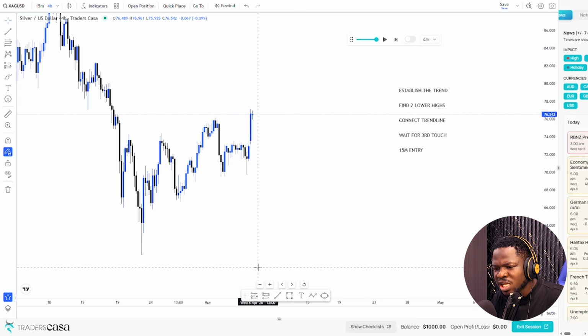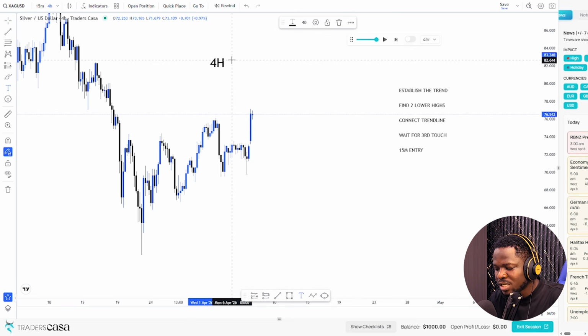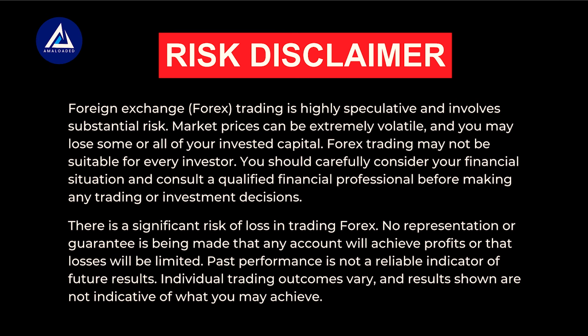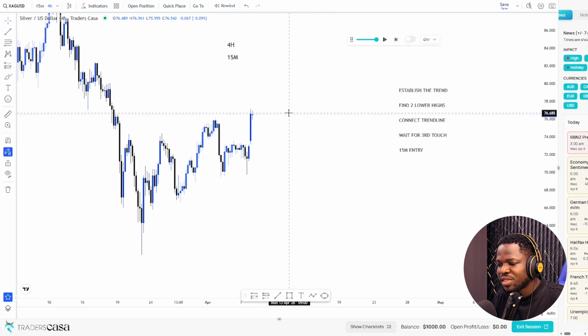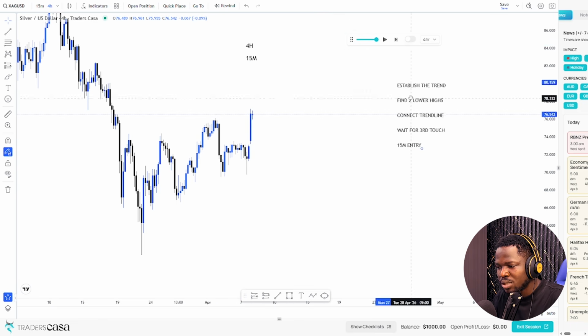If you look at the chart of silver on the 4 hours time frame, I love to use 4 hours time frame and the 15-minute time frame for my entry. So on the 4 hours time frame right now,